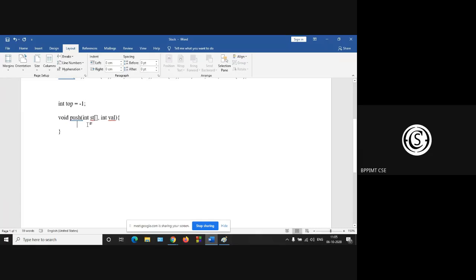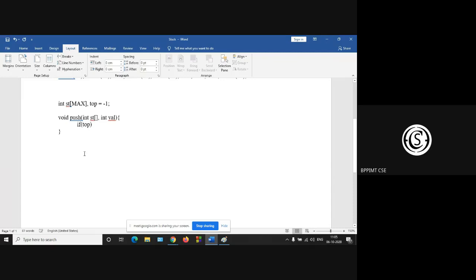And void push function. So if your top, if the array size, suppose we declare this st max.